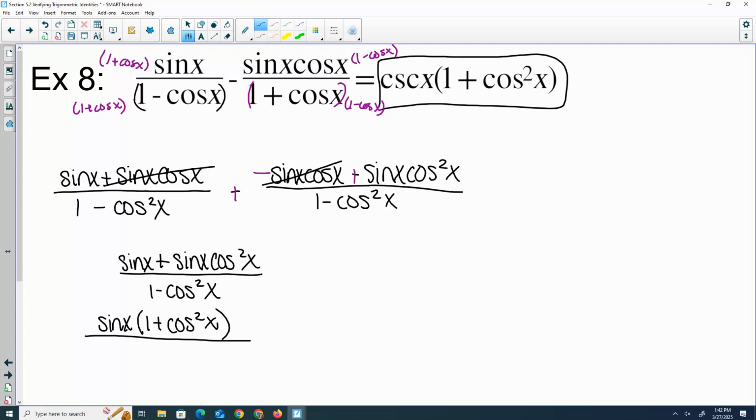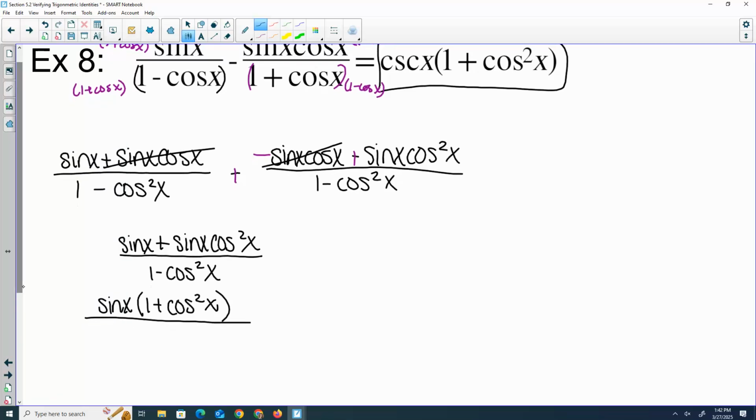On the denominator, what is 1 minus cosine squared x? Then what happens? Sine cancels. We're left with a sine on the bottom, and sine on the bottom is the same thing as